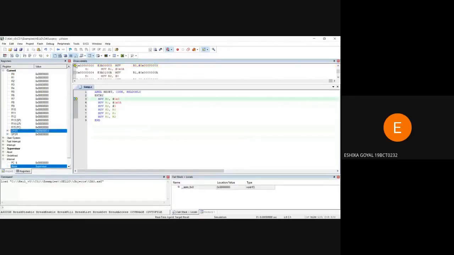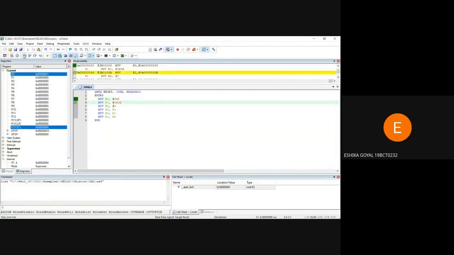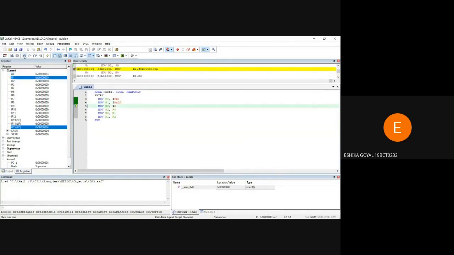Here we can see the data code is running. Now I will explain the code line by line. So as we can see, the value 3 has been stored into the R0 register. And similarly, the value A has been stored into the R1 register.